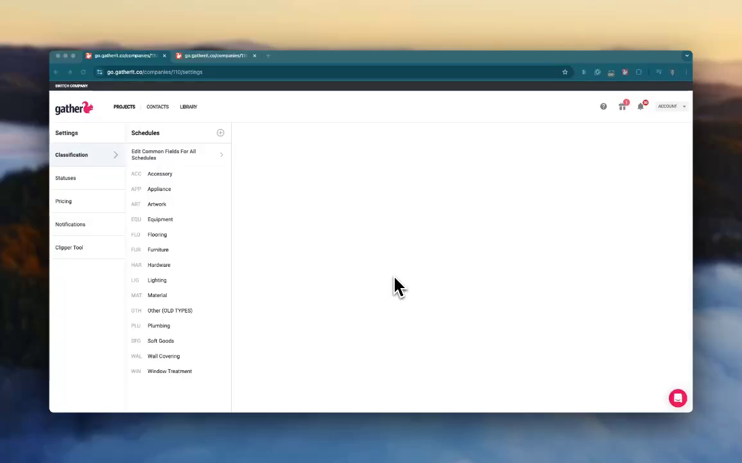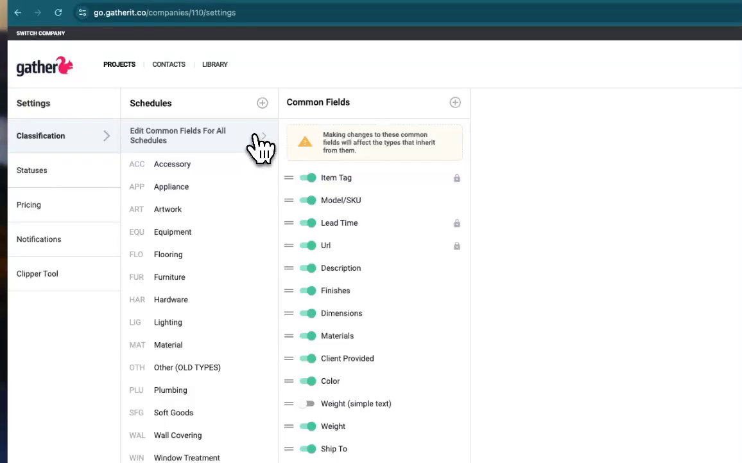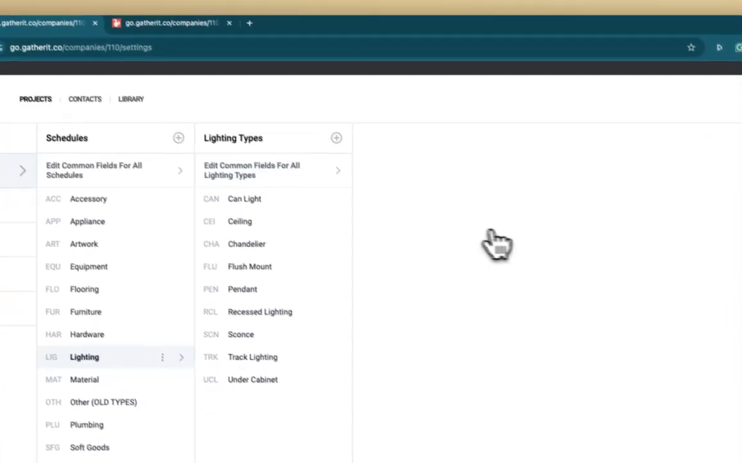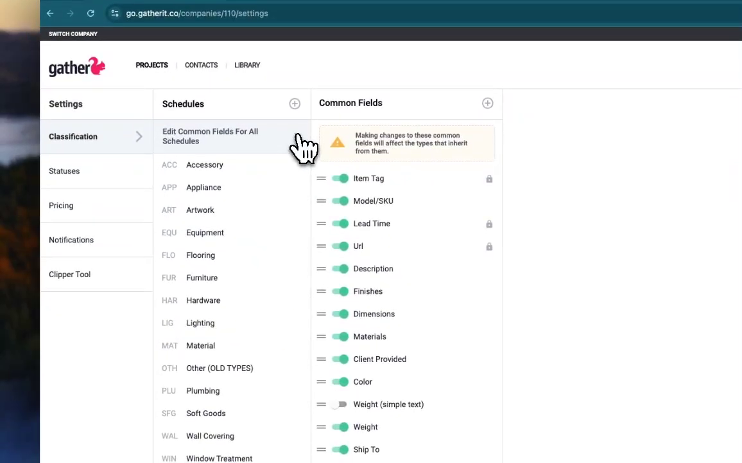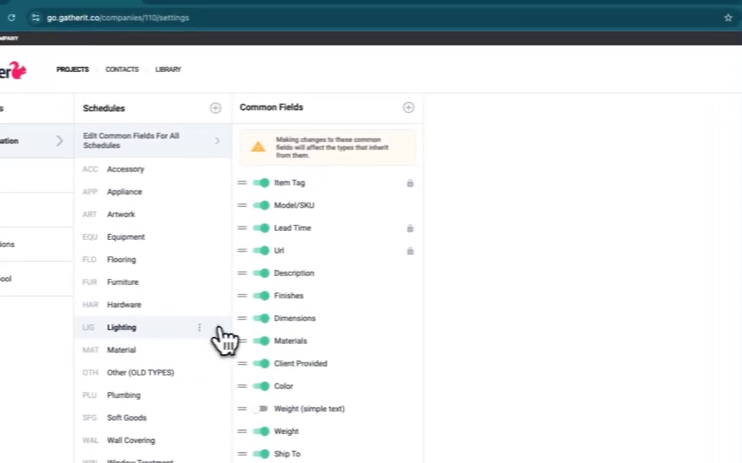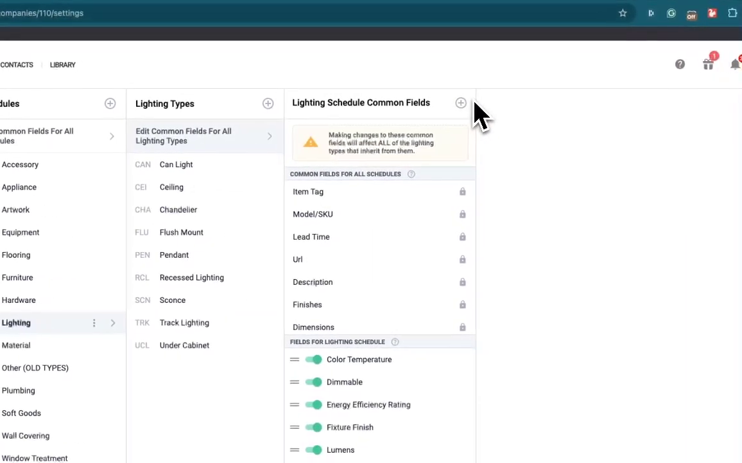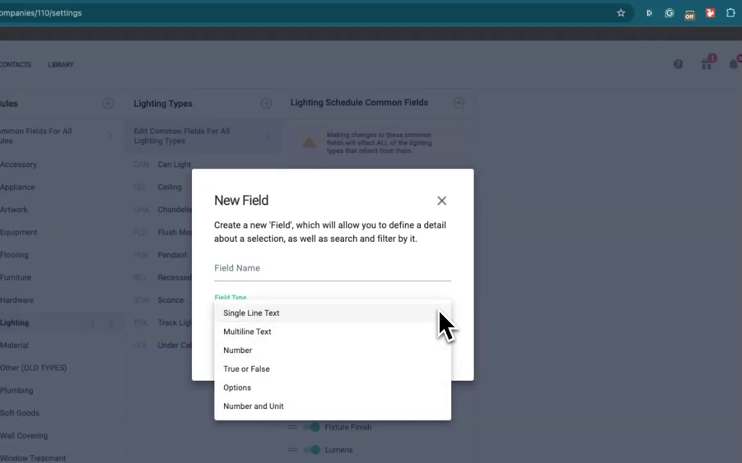Within Gather's new classification system, there are several data type fields that you can add. These can be added at the common fields for all schedules level or within the common fields for a specific type. In either section, if you click on the arrow here to show all the common fields for either the schedule or the specific type that you're working in, if you select the plus sign,